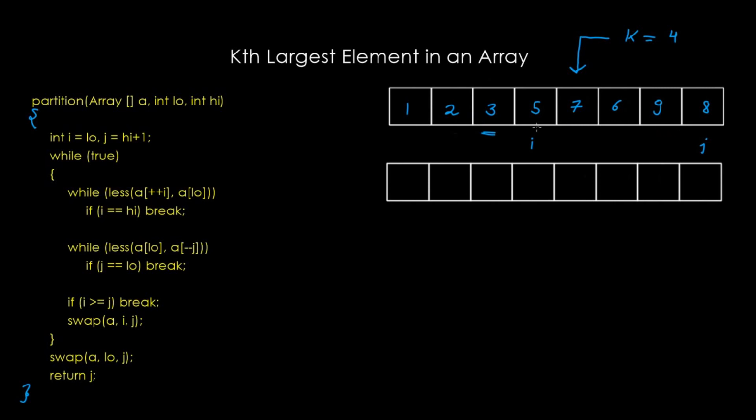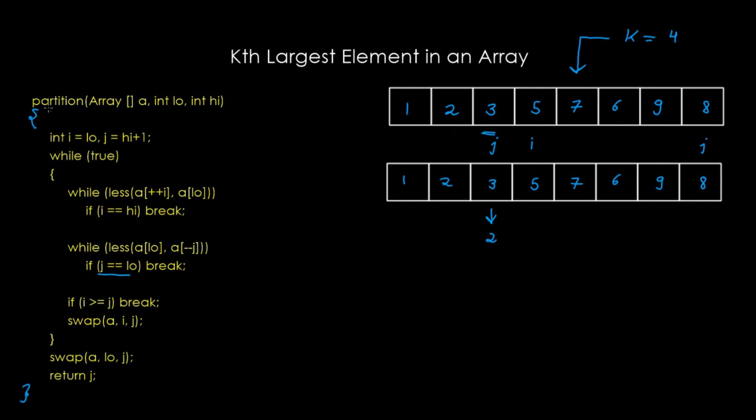It keeps on decreasing, it reaches here, it goes down again, and this time j is equal to low because this was low, and therefore we break, so j is here. Finally we swap low and j, that is we swap pivot with itself, therefore our array does not change, and this time we return this index which is 2. And this case is right because we can see that 3 is the element which is supposed to be here.